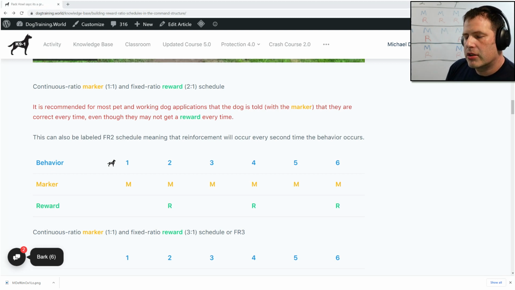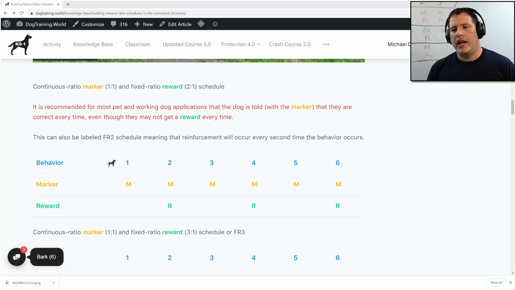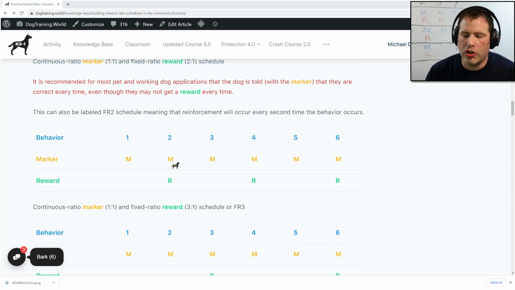It's going to be predictable how often they get the reward, and you can make it every other time, every third time. It just has to be predictable. It's just not every time. I mean, technically a continuous reward schedule is a fixed schedule. A fixed schedule is any time it's predictable. On this chart right here, what I have, watch this,